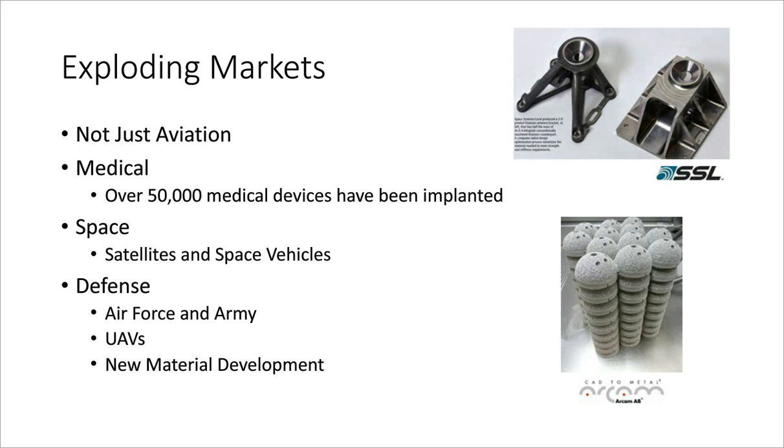As you see, there's a lot of companies going into production with this. And other areas, like defense, Air Force, Army, UAVs are becoming huge. A lot of these are actually now being printed, and also a lot of new materials are being developed. One of the big advantages of EBM, or additive manufacturing in general, is that